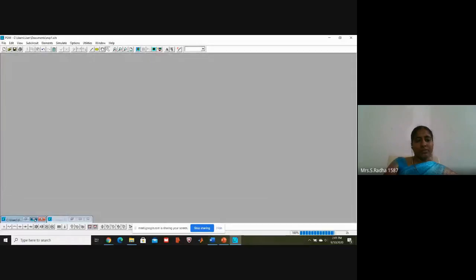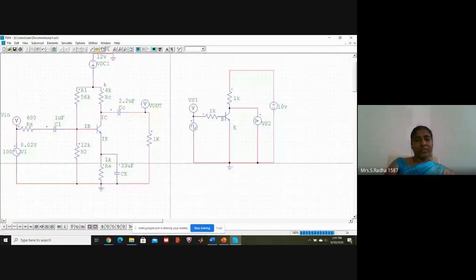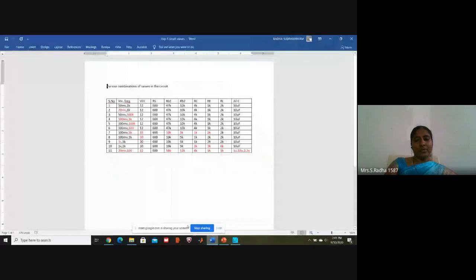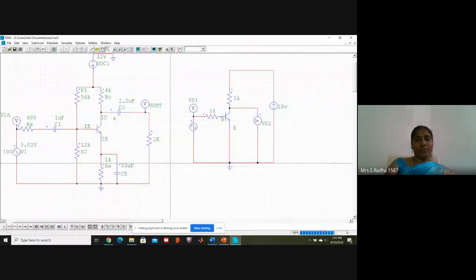The first one. These values are written in the last row. This last row is nothing but the new circuit where input and output is shown. Here you can see this is also a BJT. You are connecting input base resistor, collector resistor. You are giving some display for the output taken across this collector. DC 10 volts you are connecting. Square wave you are giving. Input and output is VS1, VS2.